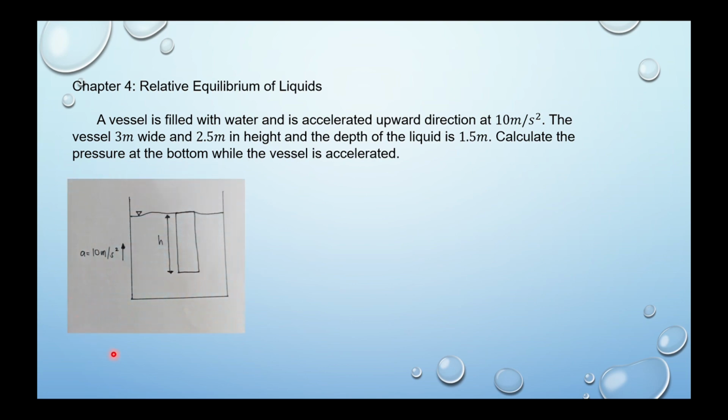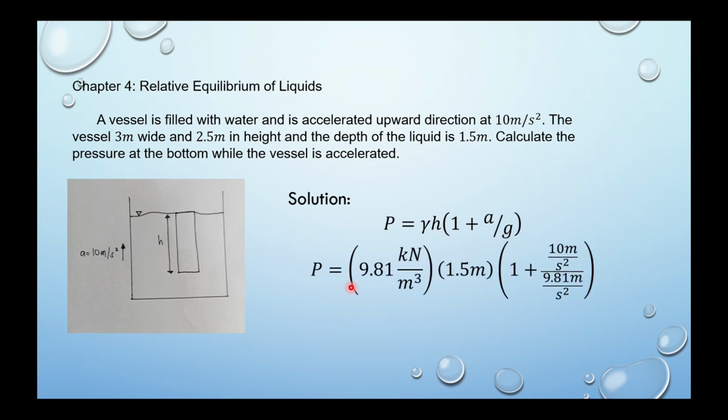So this is the figure. The equation to find the pressure is P is equal to the specific weight times height times 1 plus acceleration over gravity. So substitute. So P is equal to 9.81 kilonewton per cubic meter, which is the constant specific weight of water, times the 1.5 meter, which is the depth of the liquid, so 1.5 meter,